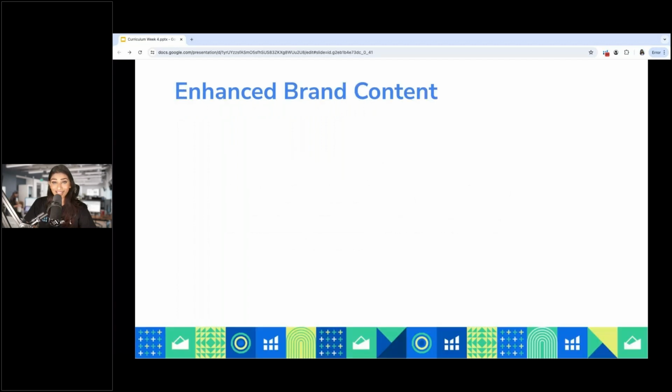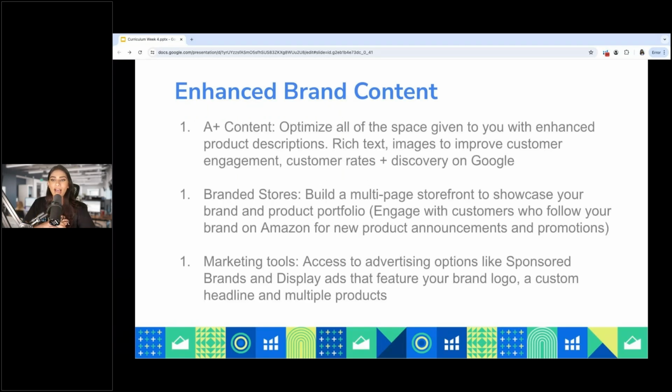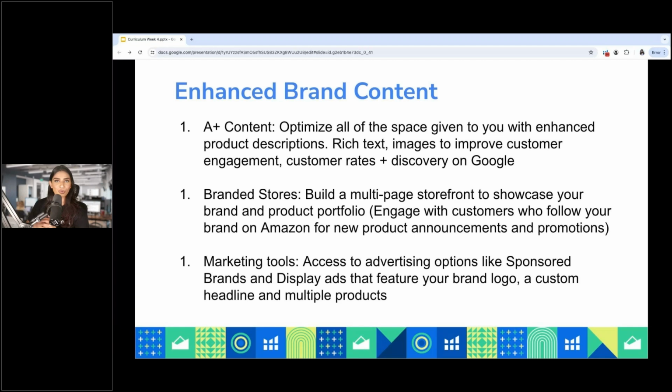You also get access to enhanced brand content. So in a brick and mortar store, you might have an employee that's kind of guiding you along through the store, right? Hey, what are you looking for today? But on Amazon, you really have to optimize the space that's given to you. That means really being very intentional about what's in your title and your bullet points and your images in your A plus content. Now, A plus content is really cool because it provides so much more space for your customer to actually go through. And you can add in things like rich text and images to improve customer engagement and customer